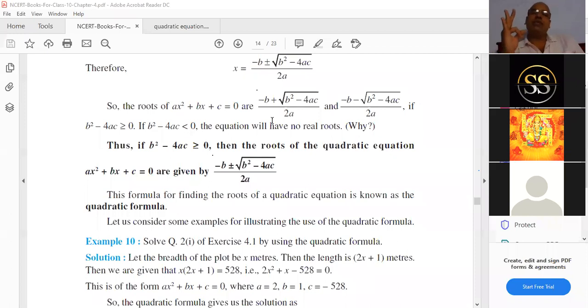So these are the three methods I explained. One is the completing square method, another is the quadratic formula, and the third method is the factorization method, the splitting method that you learned in ninth class. That's why I'm not stressing it more. That was already learned in ninth class, factorization and finding factors.